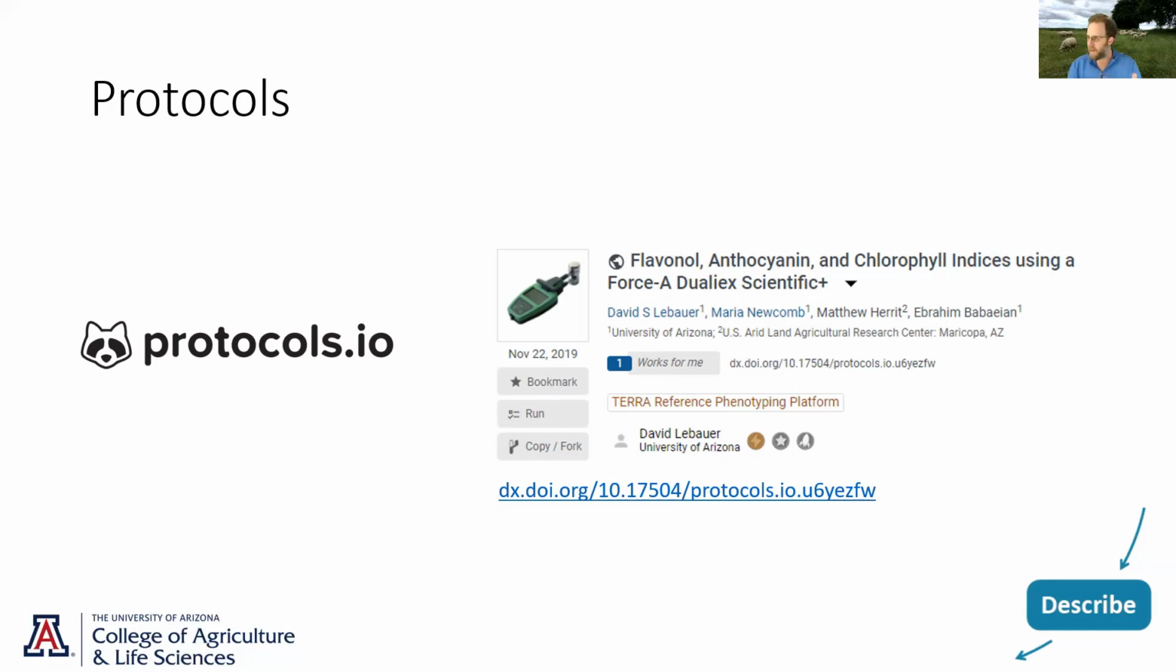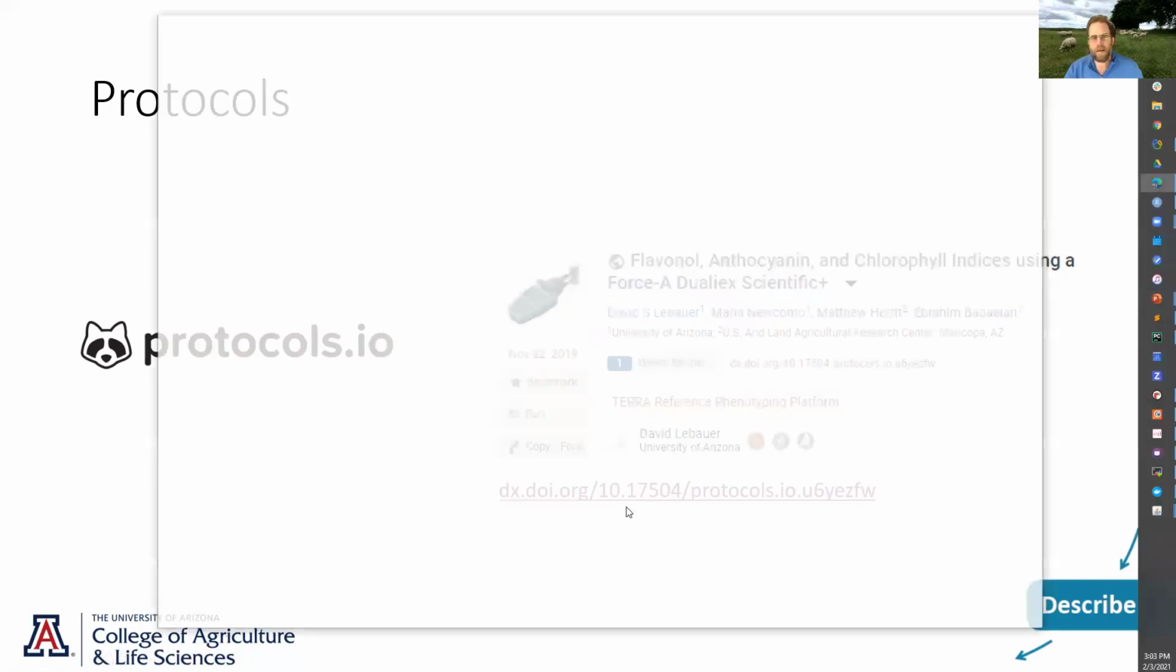It's a little bit more overhead than just writing out a document, but I think that it's got a lot of potential, especially for protocols that will be reused. And down here is the copy and fork thing, so that you can take your own version and modify it. And if we look in here,